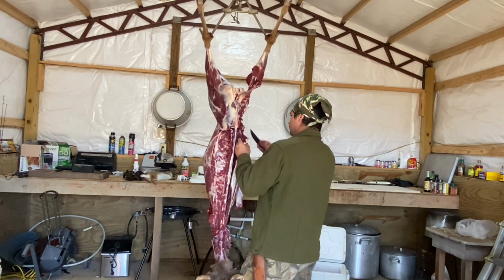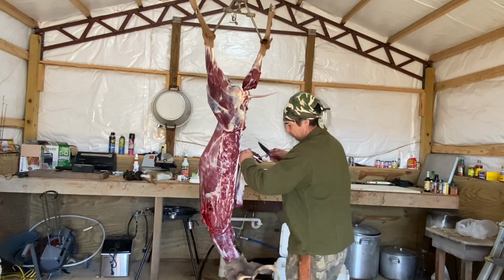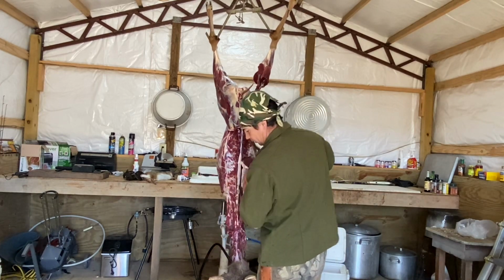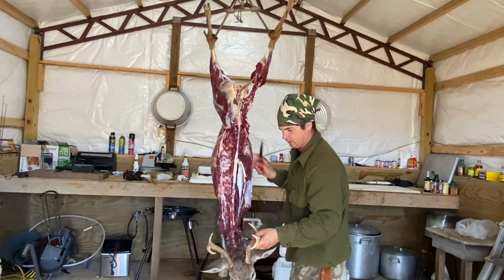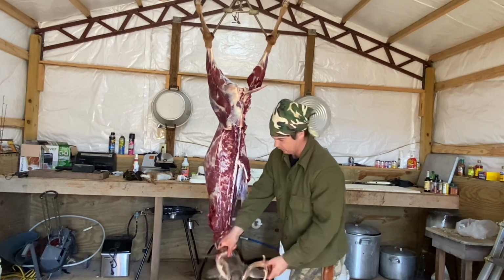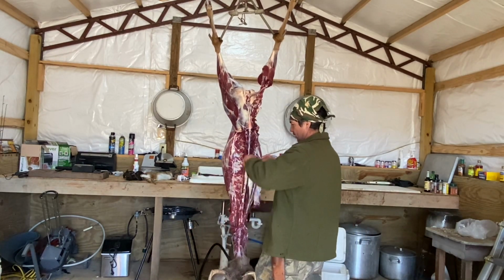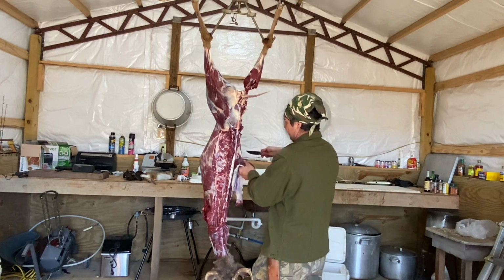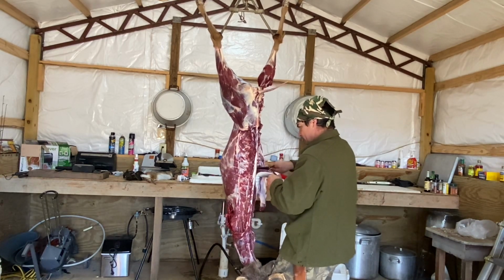I would have killed them does, but when I seen this one, I normally would have let this young buck go because he had a perfect rack. He would have been a really good deer next year. If their horns don't come out past their ears, I don't normally shoot at them. That's the way I judge a deer whether I'm going to shoot a buck or not. But him hopping, I couldn't leave him suffering, so that's why we...